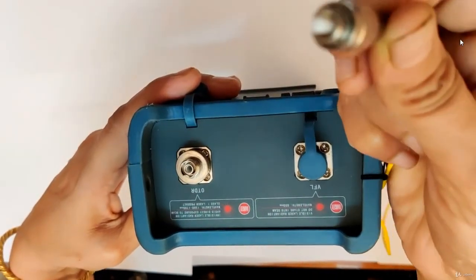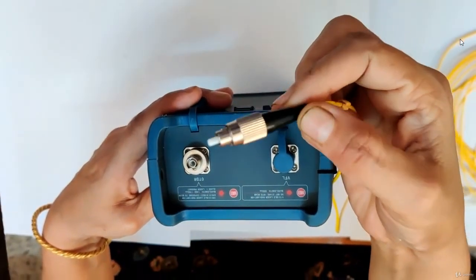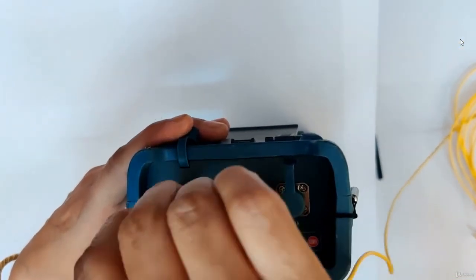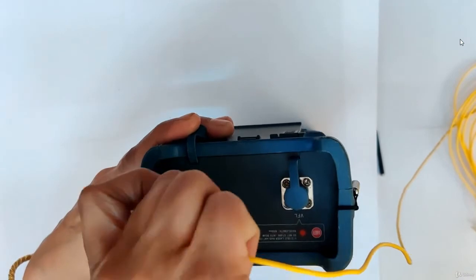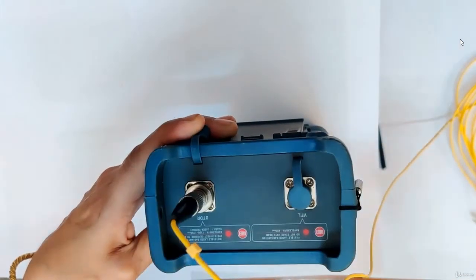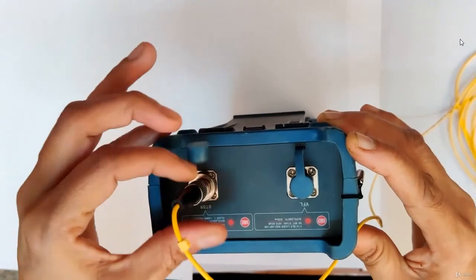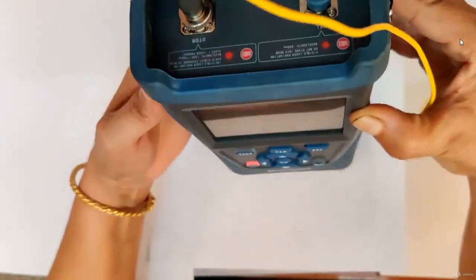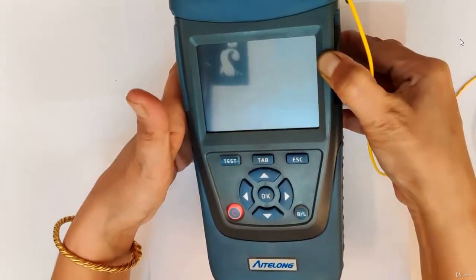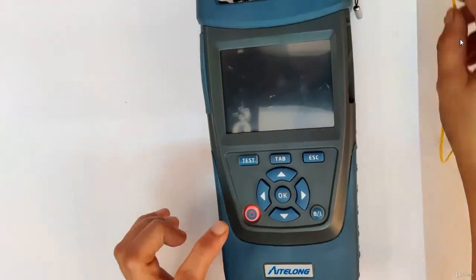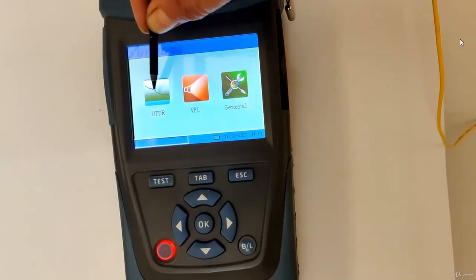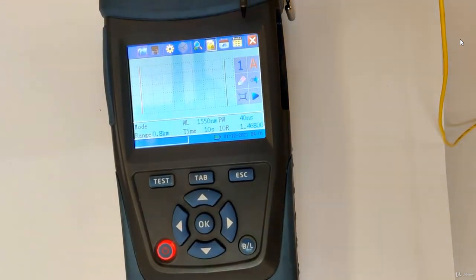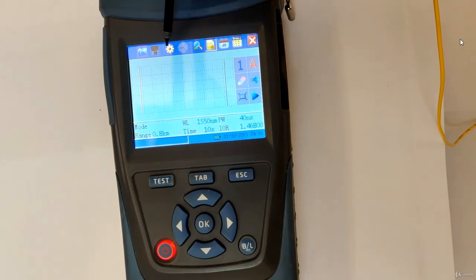So we can put one end of the fiber into this. So we have this connector which we can put it over here. So just put the connector here and then screw it. Now the fiber is fixed and now we can start doing the analysis of the link. So we will select this OTDR. Now in this OTDR you can just see the screen where we have to do the different settings.